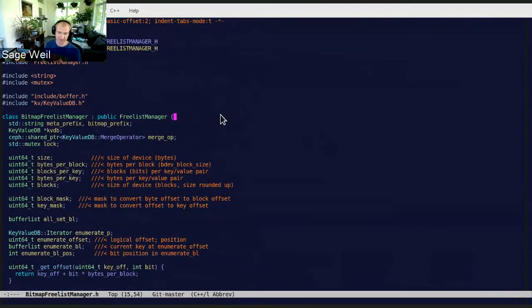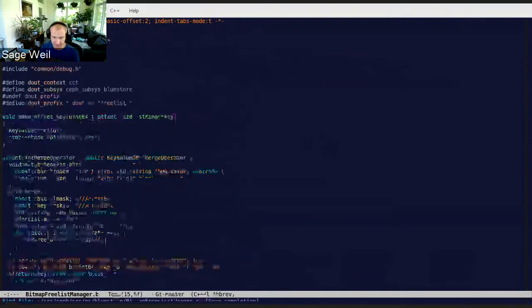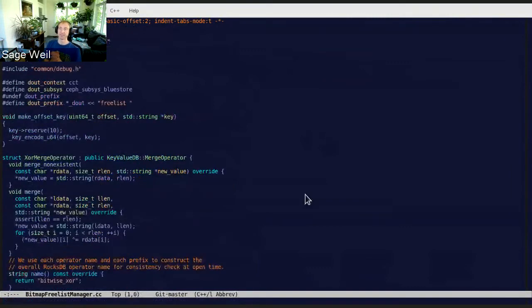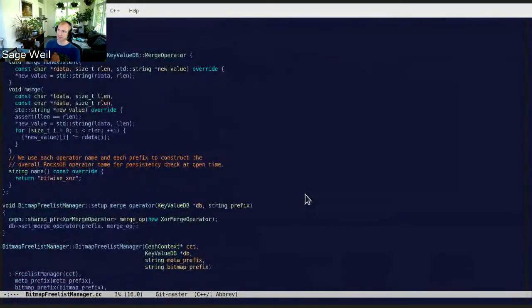The reason we do this is that when we update the free list, we're actually doing an XOR operation. We're using the merge operator in the key value database. The reason is that we want to have multiple threads making changes to what's allocated and deallocated, and we want them to work as independently as possible in BlueStore, which means that we don't want some central lock on what the free list is. And so if I'm allocating space right next to where another thread is allocating space, we don't want to have to coordinate between them